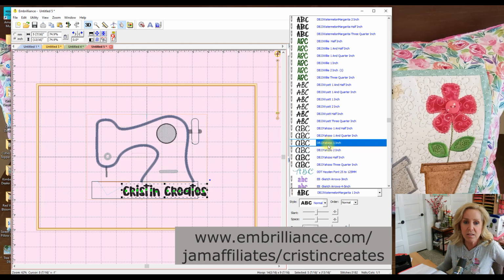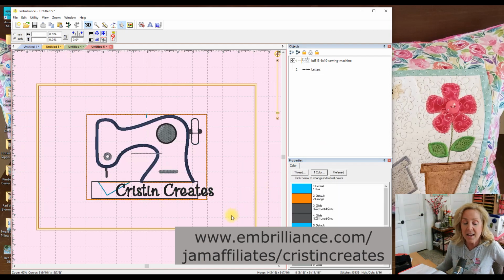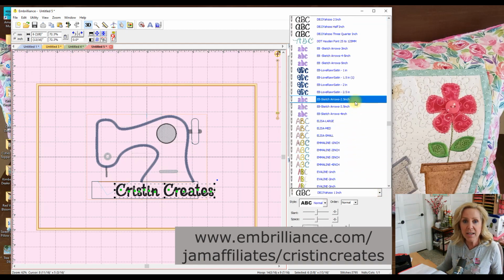Yazoo. This looks like it's going to be very wide. Oh, that's really pretty. I like that. And keep in mind that with a script font, you would bring the letters in closer. But it's still, I think, too wide for this specific purpose, but that's a really pretty one. Yazoo by Designs by Juju. All right, and